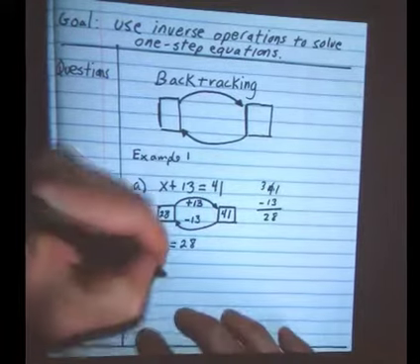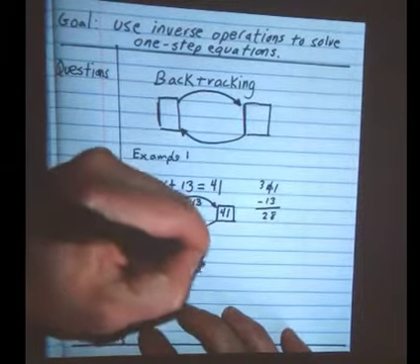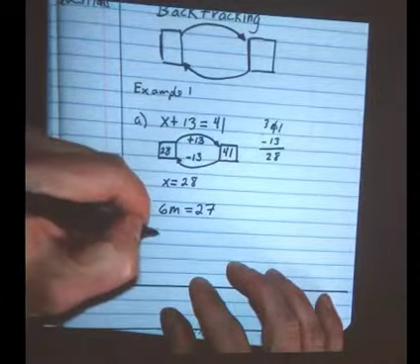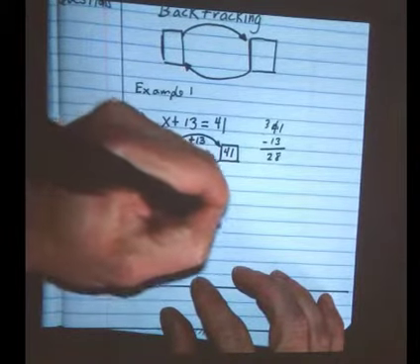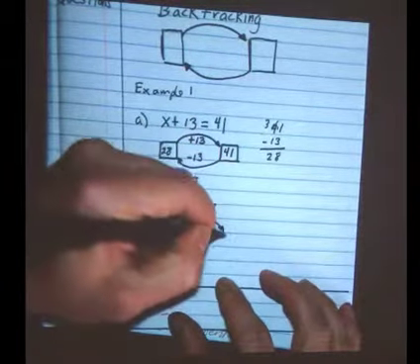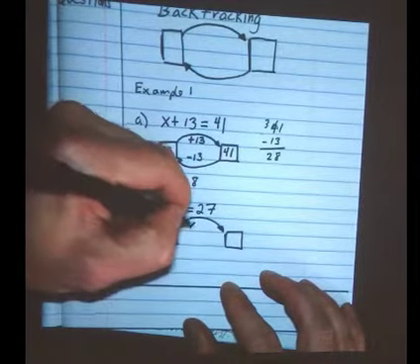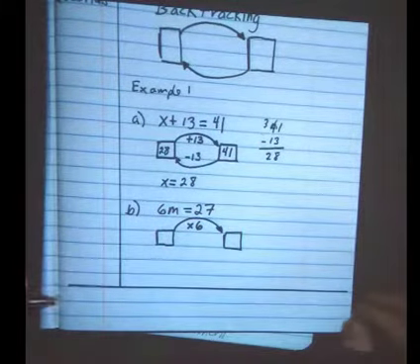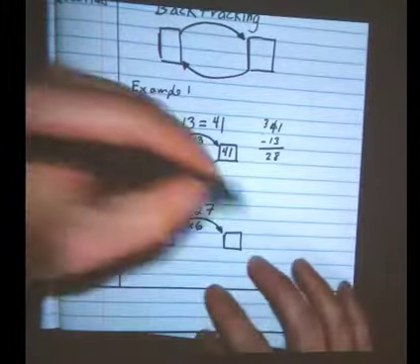A second mystery number. When we write a number next to a variable, that means multiplication. So there was a number. We don't know what it is. It was multiplied by 6. So we put an arrow connected to a new box and we write that it was multiplied by 6. That's our clue. It turns into an equation when we know what the value is. It became 27. So we fill that in